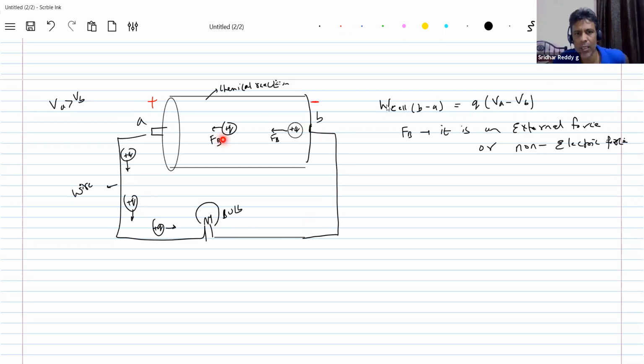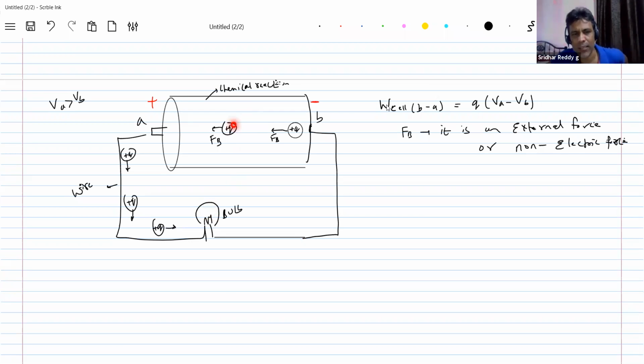This is what happens. So the battery will continuously lift the charge again. Again, it will energize it. It does work. By the time the charge comes here, it will have energy. With that energy, it will go around the circuit. It will lose that energy in the form of heat to overcome resistance. Again, energy becomes zero, and it will be attracted. So continuously the battery is supplying energy to the charge, and the external circuit will take that energy. What the bulb does is convert the energy possessed by the charge into heat, and the heat will be converted into light energy.